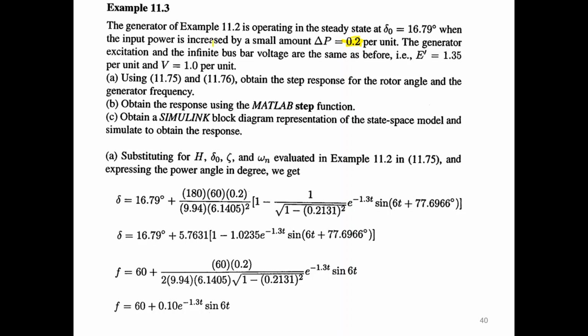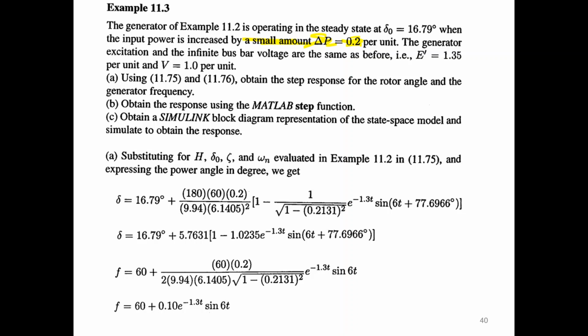Of course, this is the forced response, right? You change the power input. The generator excitation and the infinite bus bar are the same as before, which is the 1.35 and the V is 1 per unit. So we use the